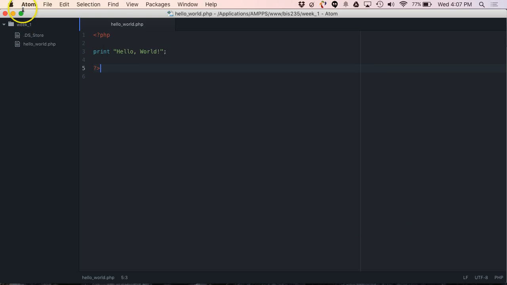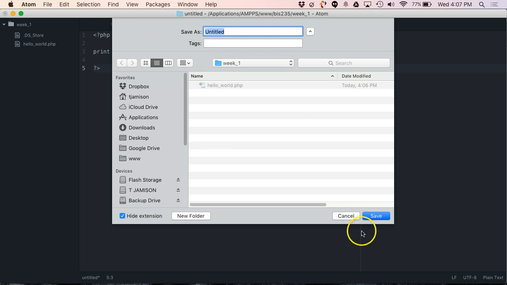Okay, so anytime that I want to create a new file, for example, I'm going to create a new file that just prints out, "Hi Todd." Basically the same code we just did earlier, just with different text. That's fine. Okay, I'm going to type in my code and I'm going to call this